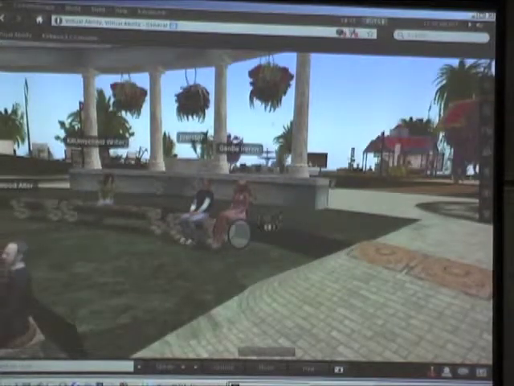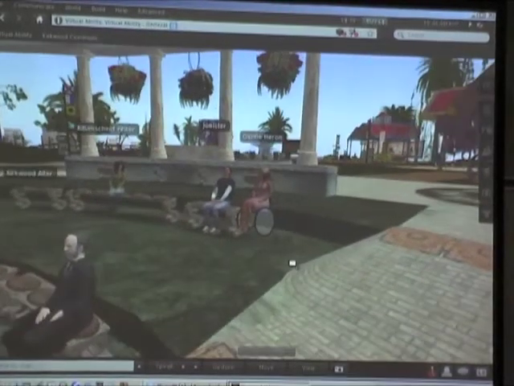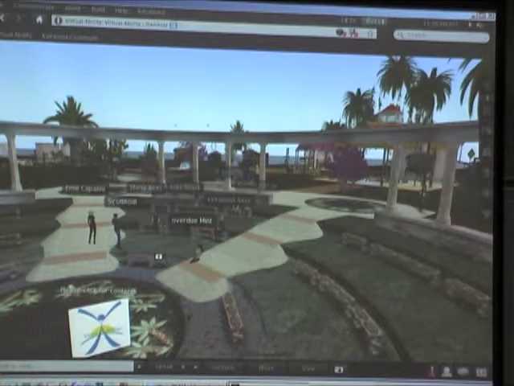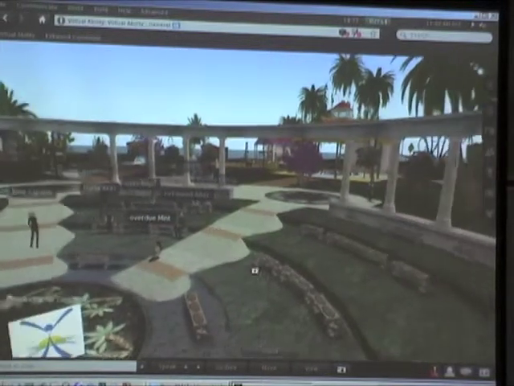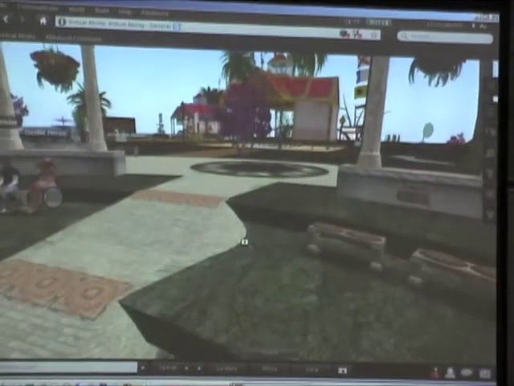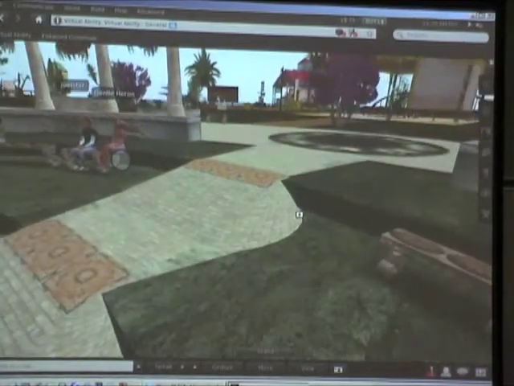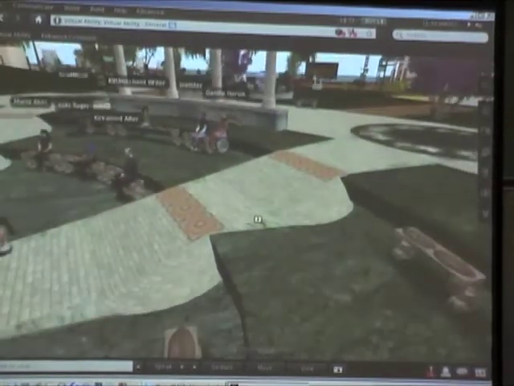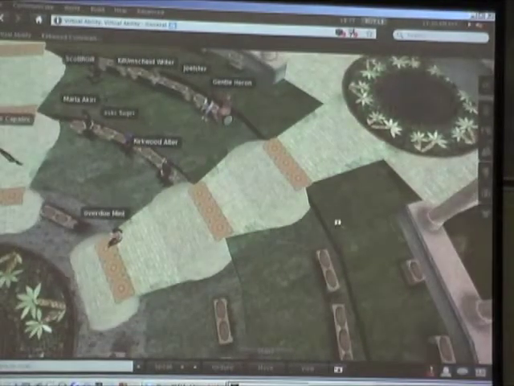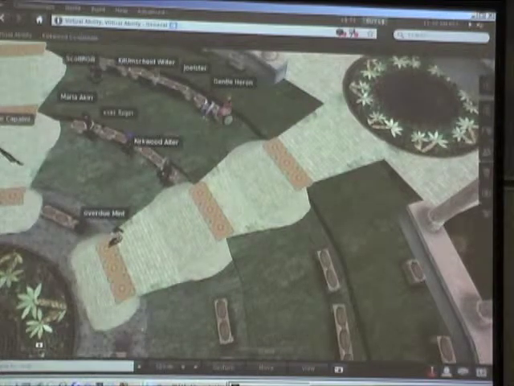Also, we wanted to make it easier for people to tell when they're changing from one level to another. You'll notice that the back level is a darker green and the hue goes lighter as you travel down. Another thing that's not seen is that there is a viewer that allows blind people to use Second Life.